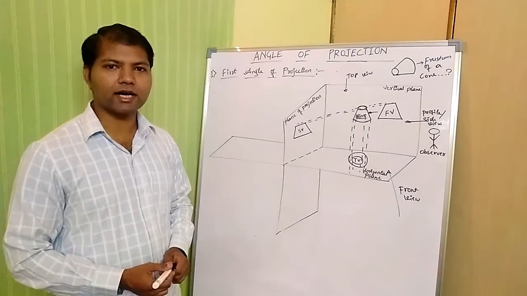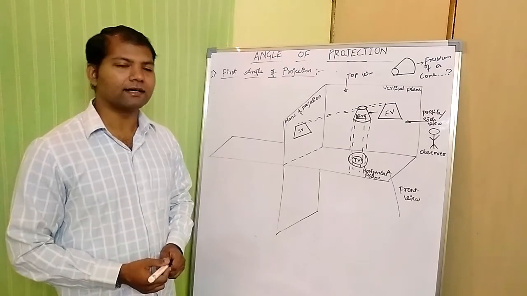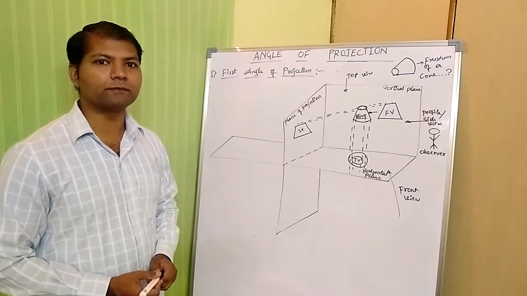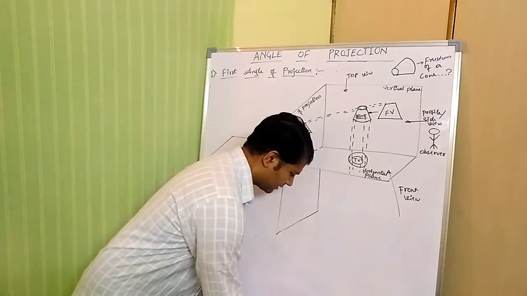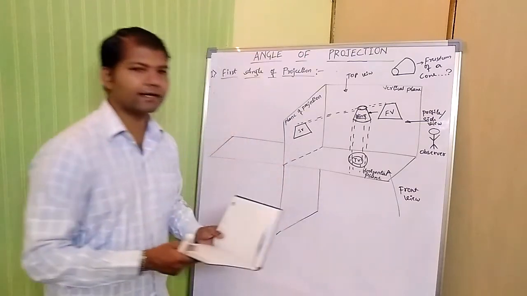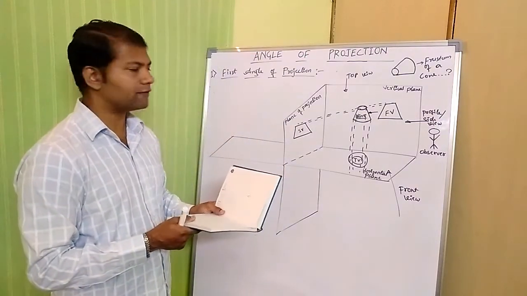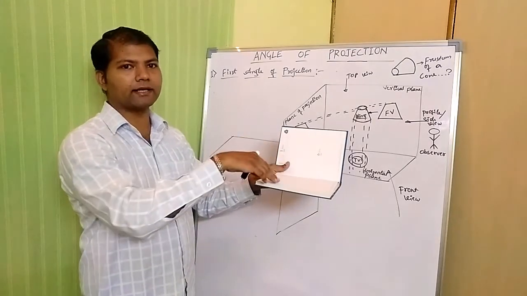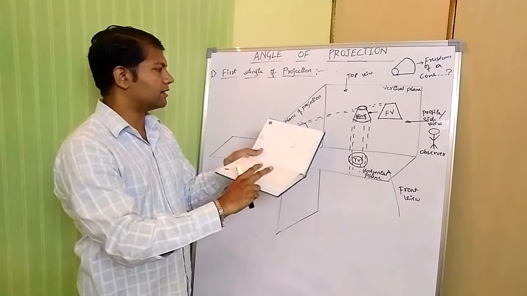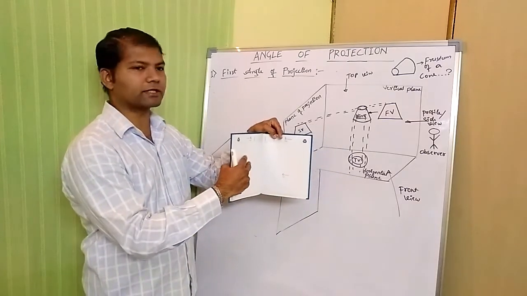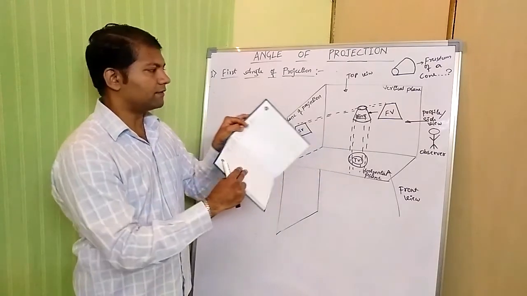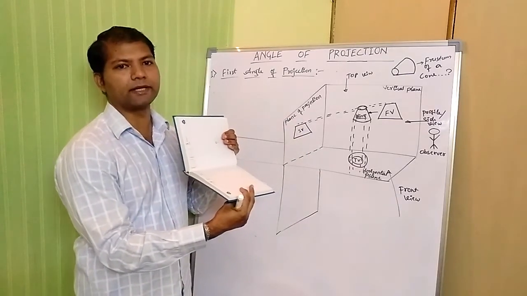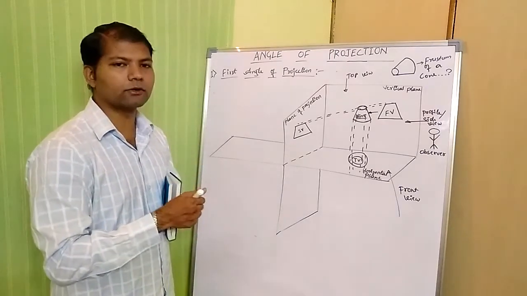Friends, to do the unfolding of the planes, I am going to give a demonstration by taking the example of a book. So I have taken a diary concept. With respect to this diary, consider the faces that indicate the vertical plane, horizontal plane, and here the plane of projection, and again the vertical plane. On the other side, this is a plane of projection and this is a horizontal plane. So how are you going to unfold this?